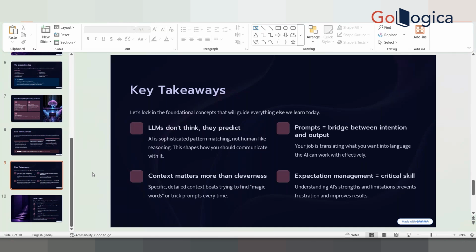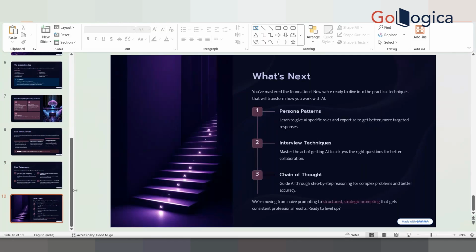So expectation management is a critical skill here with AI, but it has to be managed by both sides. Maybe with the improvements you're saying, we can see it 10 or 15 years later. Maybe in the next 5 years we'll see a better version of AI. But right now, what they're saying is not the reality. Yeah, that's true. So we'll see tomorrow.